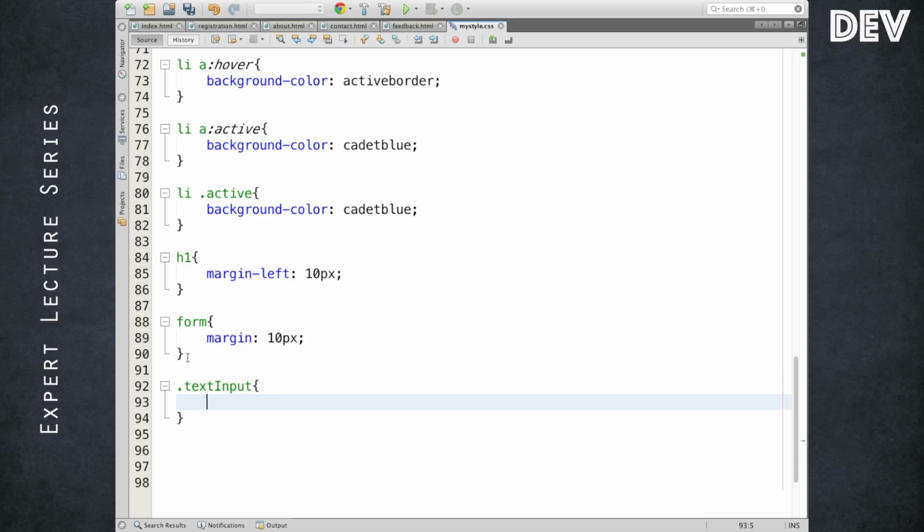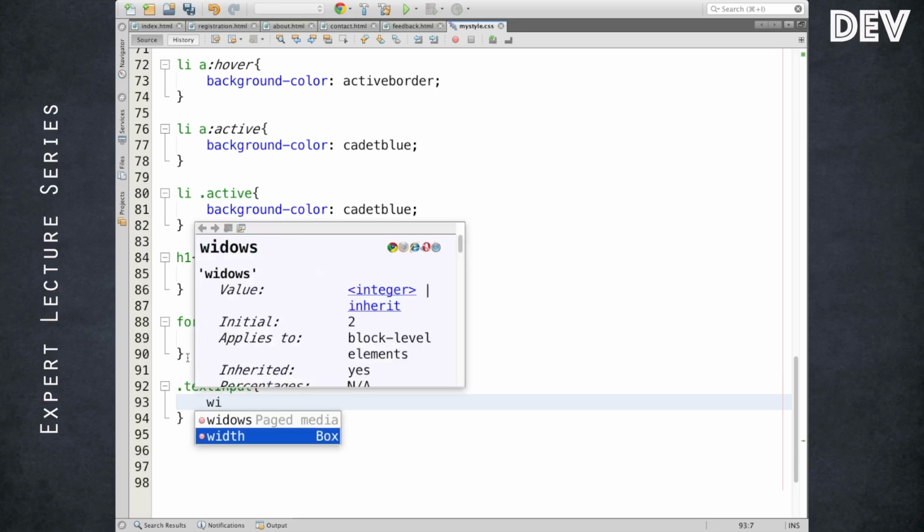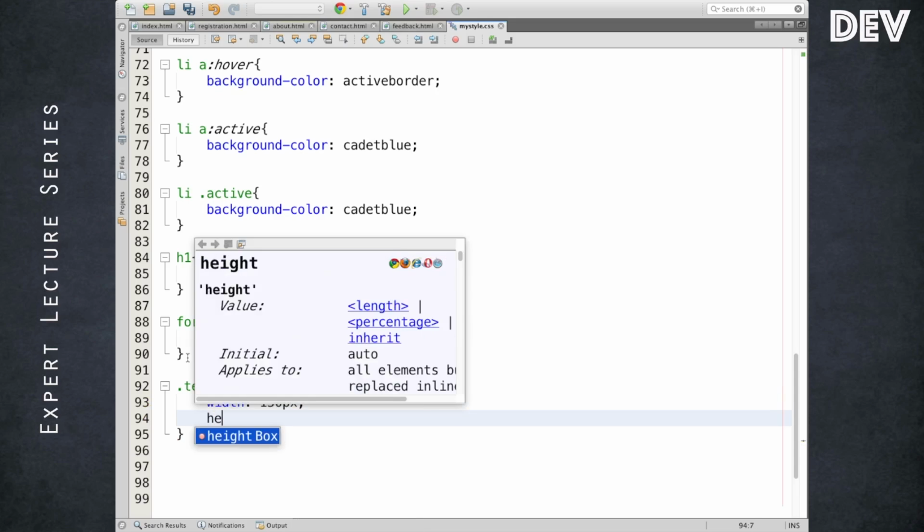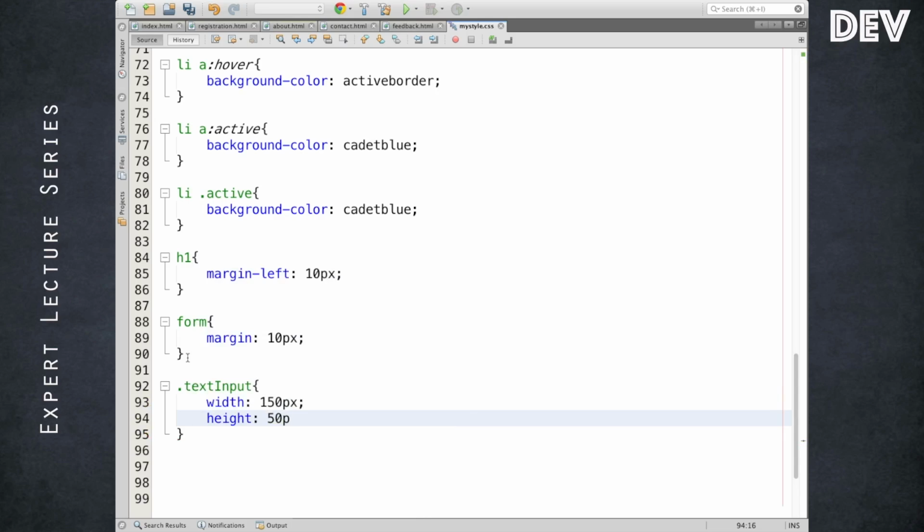I'm going to give a width of some 150 pixels. So I created a class selector specification.